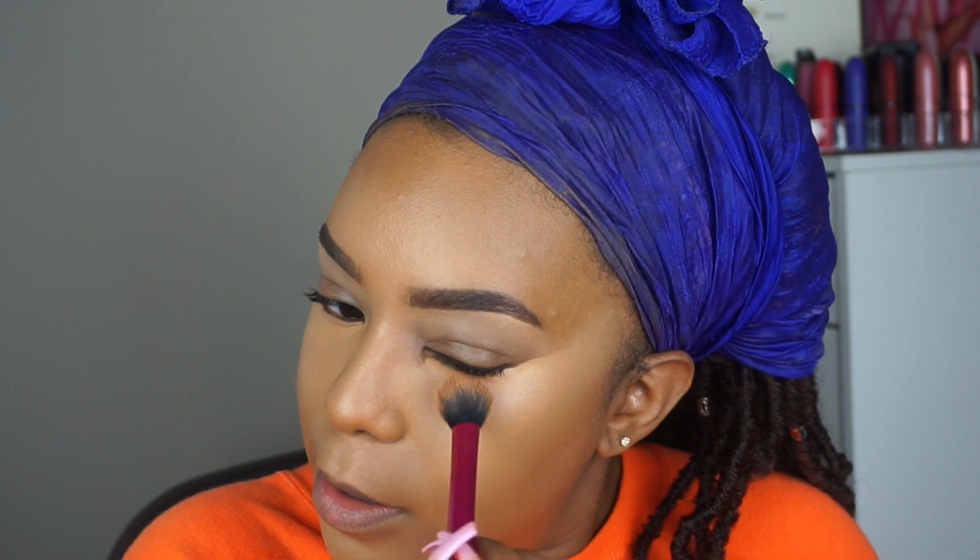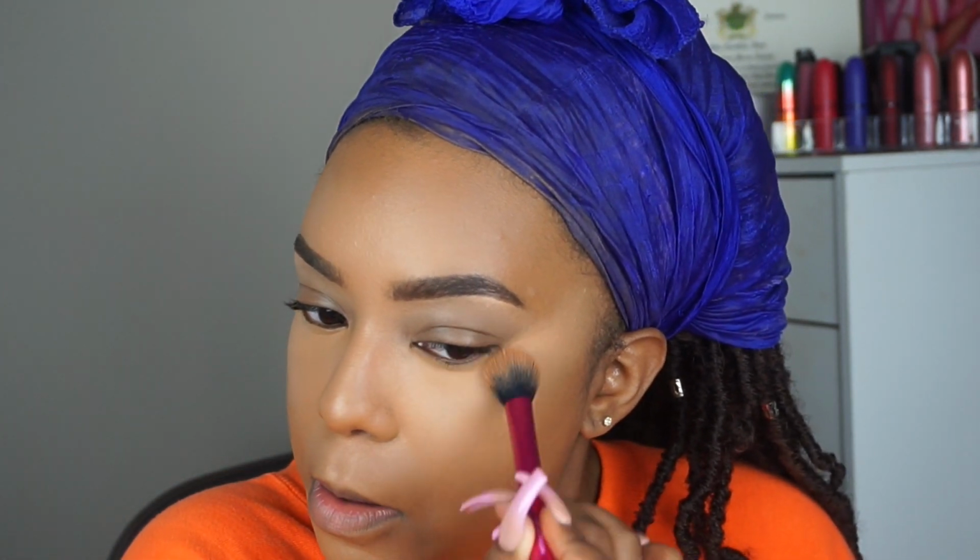And as you see, I'm just buffing. Do you see how much coverage I got underneath this eye? I haven't even blended this one out yet. And when I tell y'all, this trick changed the game for me, because I am full coverage out, man. When I tell you my concealer is so full coverage,